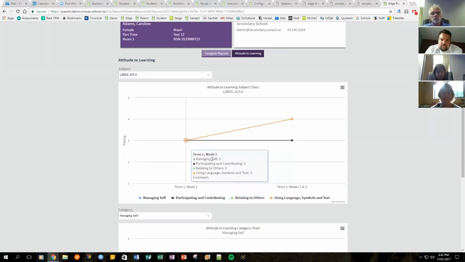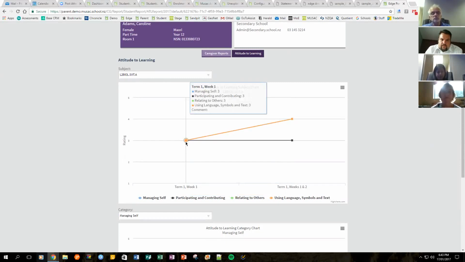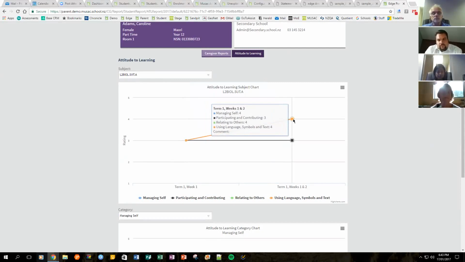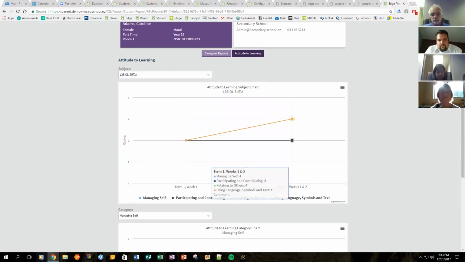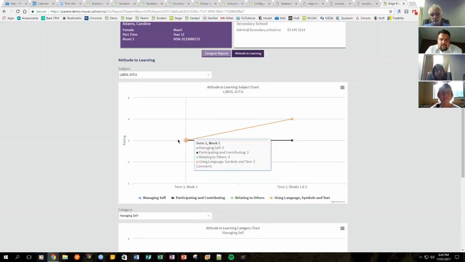And every fortnight or every week, whatever the school chooses, in this case in biology, in the first week, it's Caroline, I think, yes, Caroline got a 3 in managing self, a 3 in participating and contributing, etc. And then the next time they're assessed in managing self, they've got a 4. So visually, the parent is seeing, gosh, there's an improvement, or in this case, no change, but it's better than going down. And this is definitely in the Kiwi, New Zealand world, this is proving more and more popular because